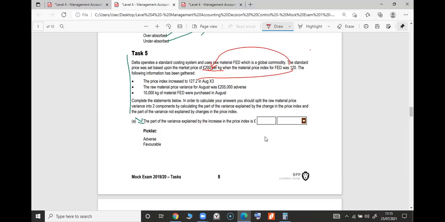It's not 1.06. Yeah, that's the one. Good. From 120, it has increased to 127.2. So obviously 7.2 has increased. And what is the base here? 120 is the base. Thank you, Richard. 120 is the base, so that is the absolutely correct answer. 7.2 increase compared to the base, times 100, you get 6%. So your price is going to go up by that amount.